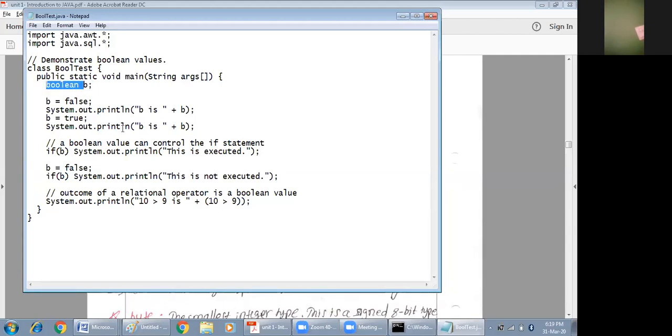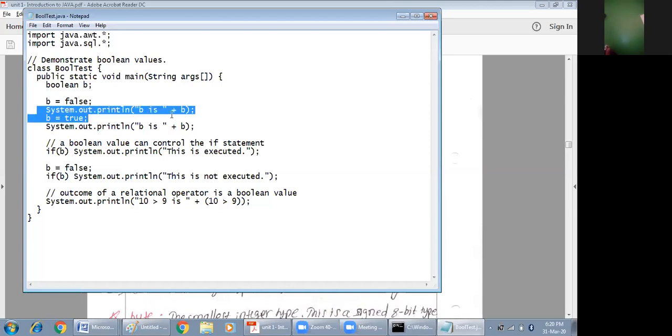Boolean variables can have only two possible values in Java, either true or false. We can assign either value, true or false, in words itself. For this boolean variable, first I am assigning a value of false. That means now the boolean b has the value false associated with it.